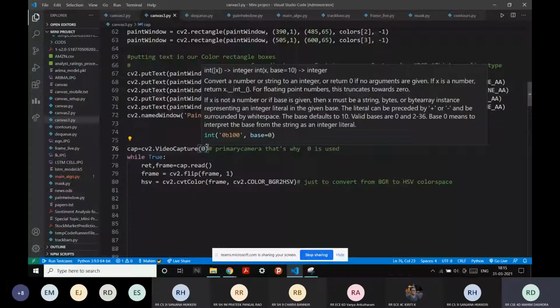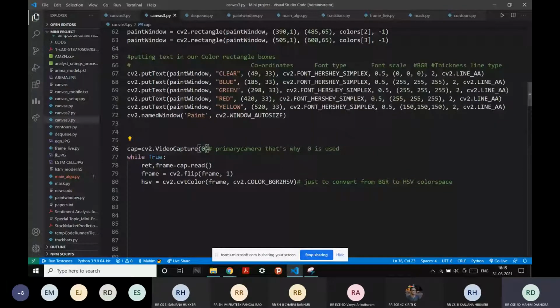Great. Then we'll be capturing the live feed, and then we'll capture the frames, because in each video we have several frames going on continuously. So we'll be reading our frames. And what does this ret mean? ret is basically just to check, it returns a true or false value, whether your camera is working. If your camera is working, it returns true, else it's false. So we will not be using this, but we need this.